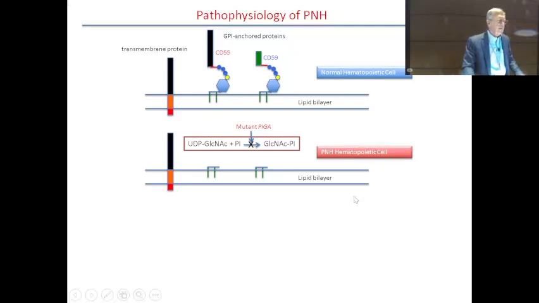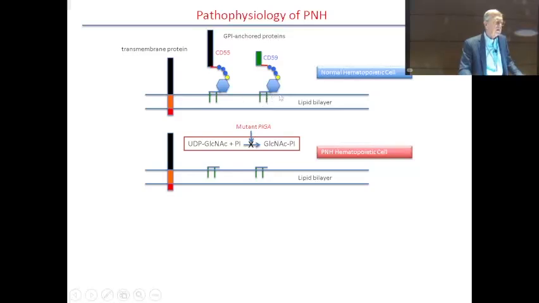Okay, all right. So we can summarize the pathophysiology of PNH in a very simple way, even though this is quite a complex process. So this is representative of a normal hematopoietic cell. And of course, they have normal transmembrane proteins. And these are the GPI anchored proteins. This is just illustrating two of the GPI anchored proteins. These are the complement regulatory proteins, CD55 and CD59. So they're linked to the cell surface through this